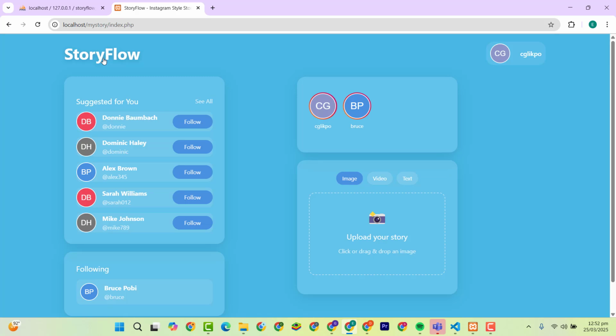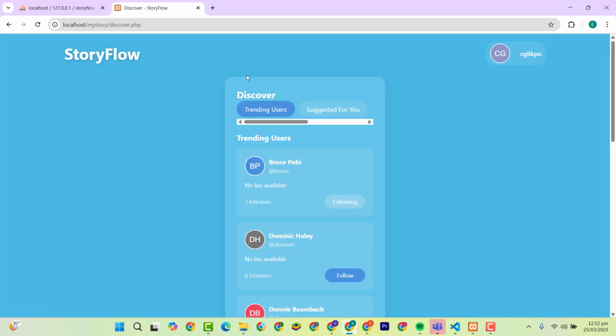Not only that, we also have functionality to follow someone. If you want to follow, I have functionality to follow and unfollow. That one is up to you, who you want to follow. We also have suggested users or see all users. When you click on this one, we have trending users, suggested for you, most active users, and latest story. We also have the profile, that's the profile of the person who logged in. So when I click on this one,